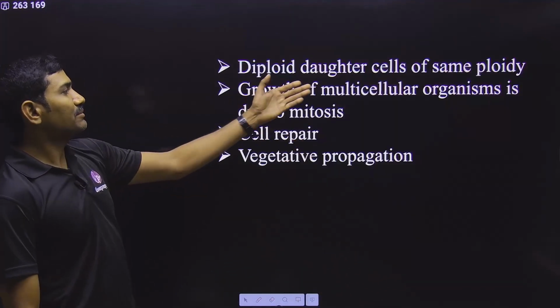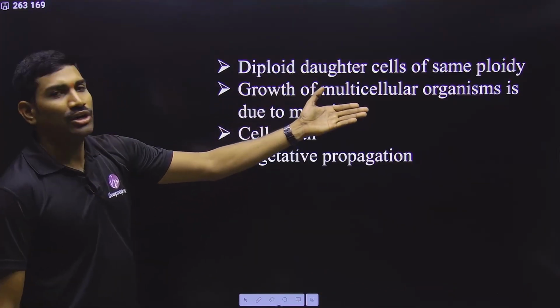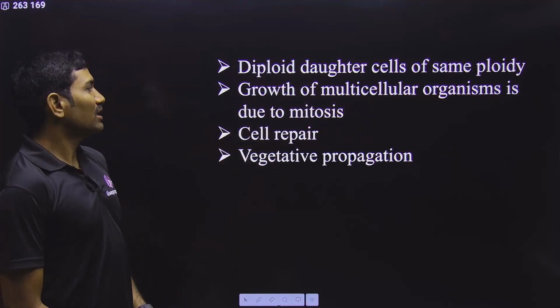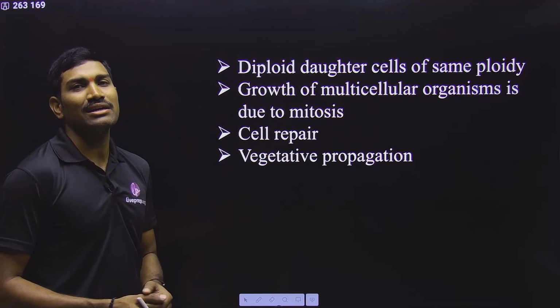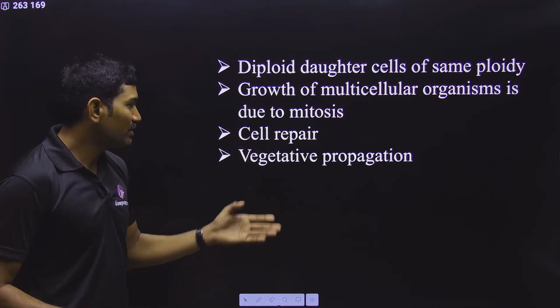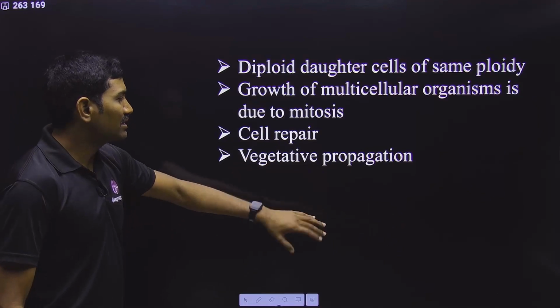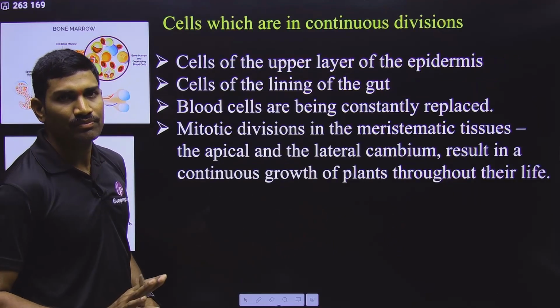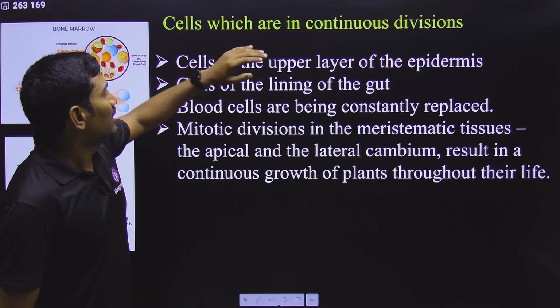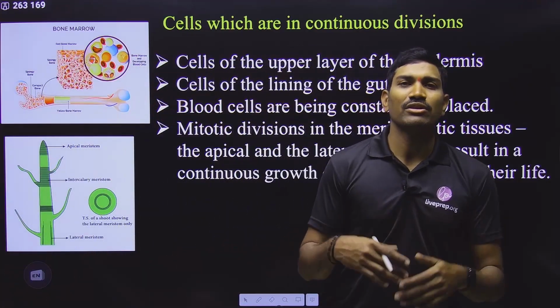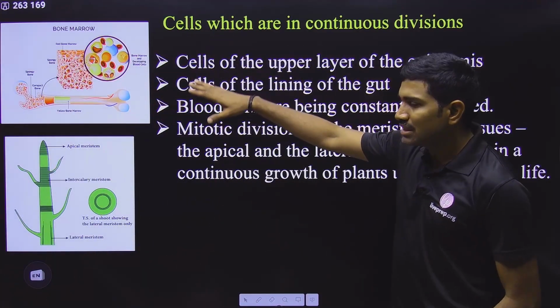Clear? Next one. The ploidy of the daughter cell and the parent cell remains the same, and mitosis occurs in multicellular organisms so that growth occurs, and it is even used for the repair of cells. Mainly in plants, it also helps in vegetative propagation. Clear? Next one. In some cases cells are continuously in mitotic division so that they replace